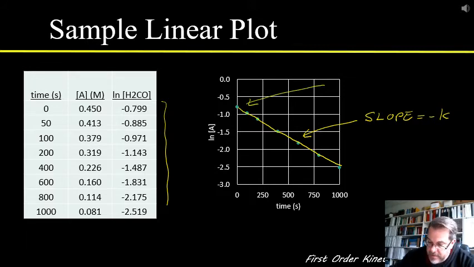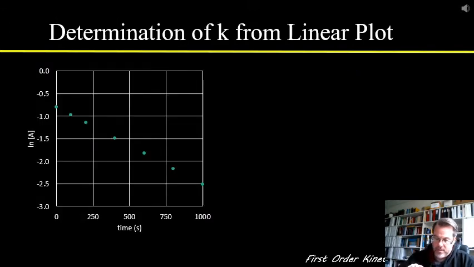Slope is negative k, and the intercept is the natural log of the initial concentration. All right, let's use this graph to calculate the value of k. I'm going to make another copy of this graph a little bit bigger so that we can use it a little bit better. Let's take a look at that. Okay, so here's our graph,